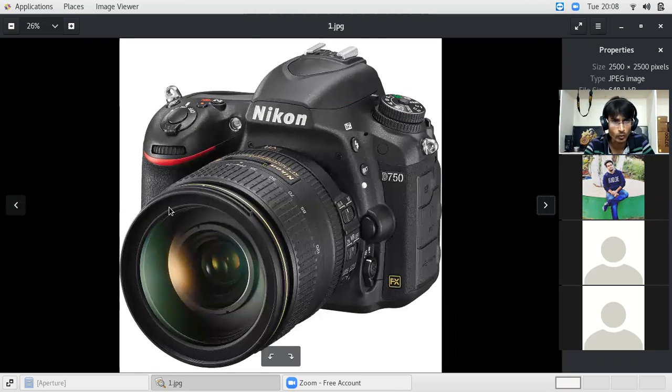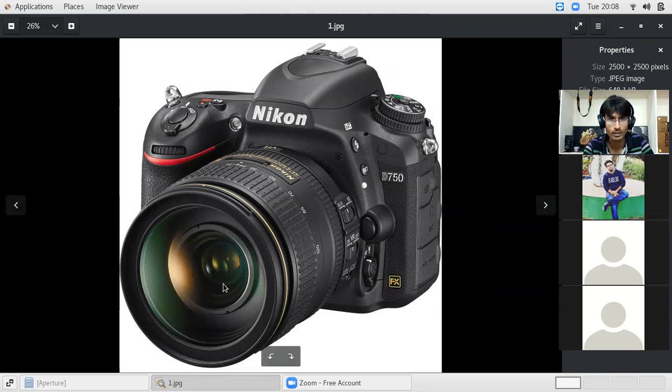If we see the ring portion, this circular portion, this is the opening of the lens. The opening in the lens through which light enters into the camera is known as aperture, right? Physically, whatever we are seeing is not the actual aperture, but some opening is there in the camera.